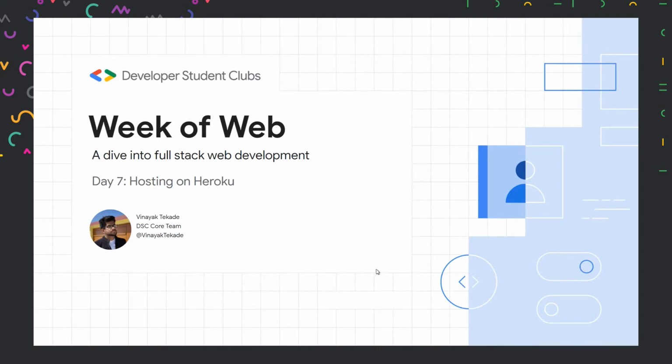So as we remember, yesterday we developed a server using Express and we created our database as well. We connected our database to our server, but then all these changes were only there in the back side of the code. We were able to view our files stored in our database and they were only visible to our backend yesterday. So today we are going to first make sure that those changes appear on the front end side of our code, and then we will host our website on Heroku. So now let us get started.